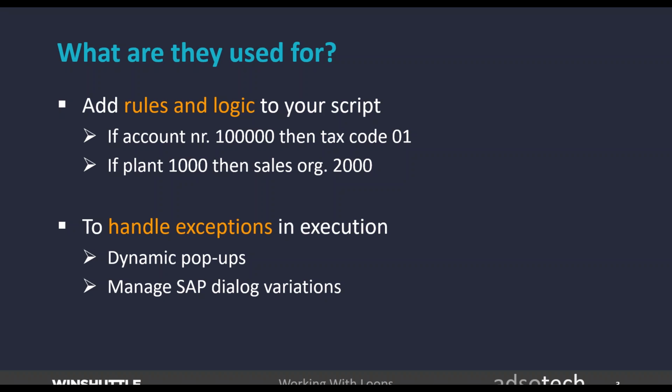So you don't have to have the end user, the runner user, fill in all these values if there is specific logic behind all of it. So instead of having the user enter plant number and sales organization, you could have a rule that the user only inputs plant number, and then the script logic handles the rest of it and automatically updates the sales organization based on whatever value was entered in the plant field in Excel. So you can build this kind of logic into your script with these